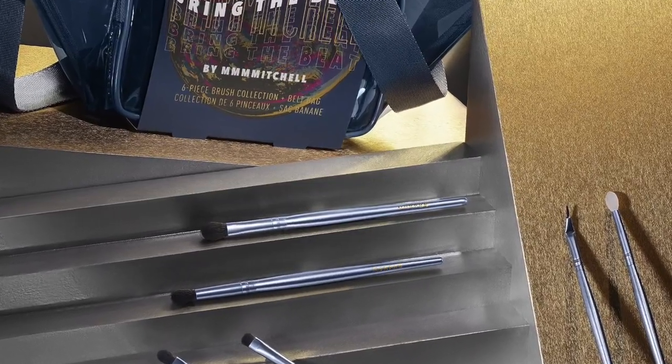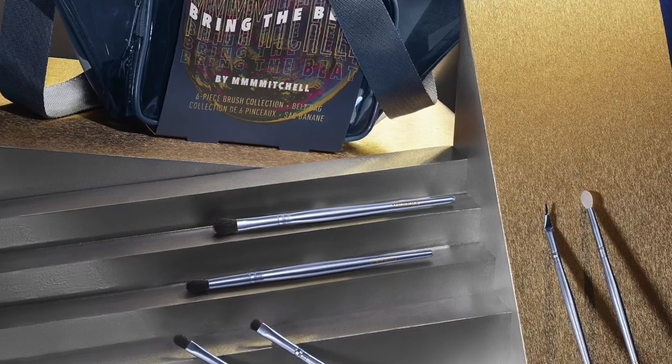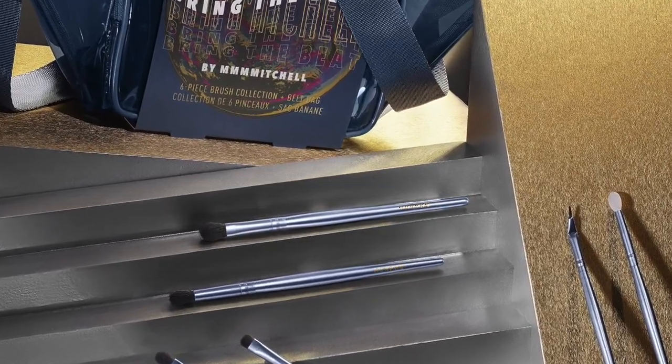But that's not the only thing in the collection. There's also the Bring the Beat Eye and Face Brush Set. It's $29 and you get 6 brushes, but then I have written down 5. Oh, okay. It's 6 brushes and that breaks down to $5 a brush, which is a really good price for